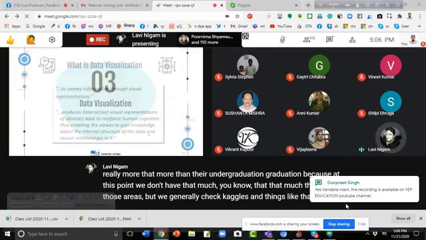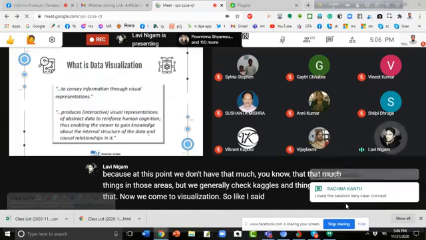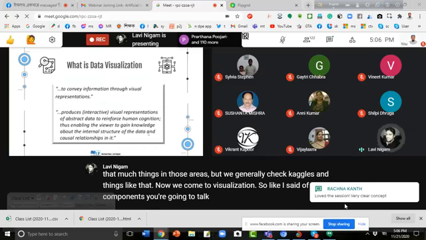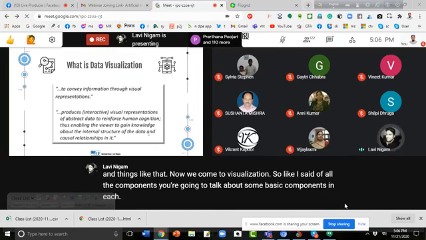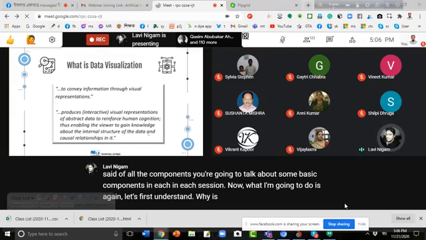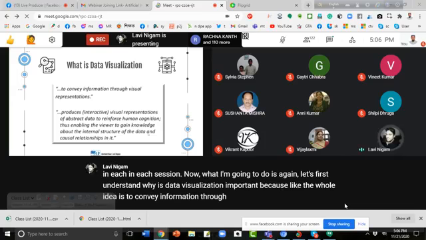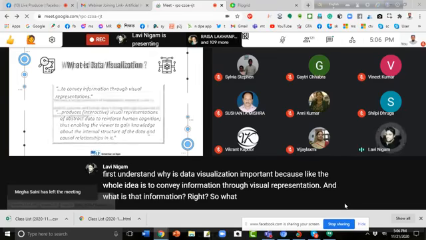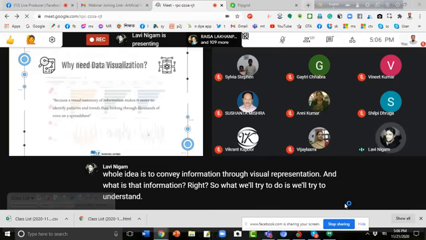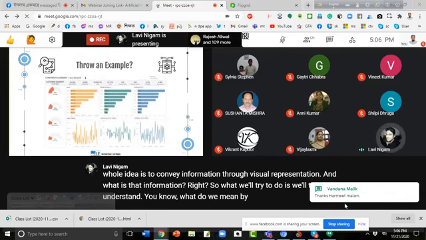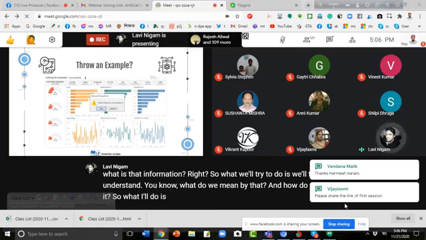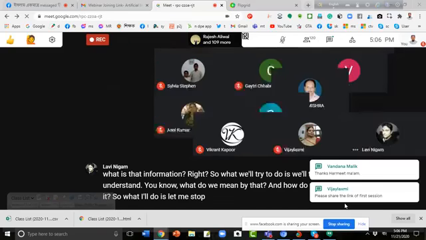Now we come to visualization. So like I said, of all the components, we're going to talk about some basic components in each session. Now what I'm going to do is, again, let's first understand why data visualization is important, because the whole idea is to convey information through visual representation. And what is that information, right? So what we try to do is understand what we mean by that and how we use it. So let me stop this, let me go to